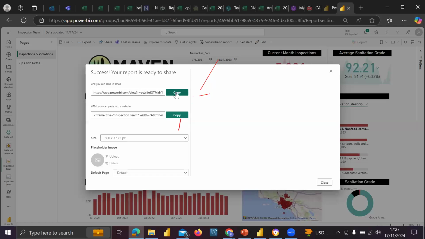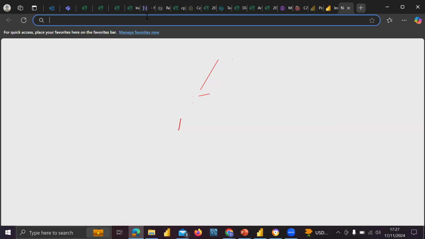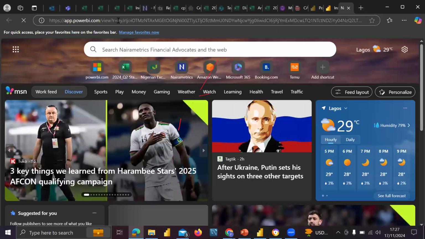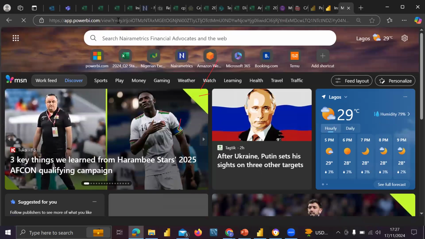Once you copy this link, you can send it in your email, or post it to any website or site that you are using, so you'll be able to access your report from anywhere.